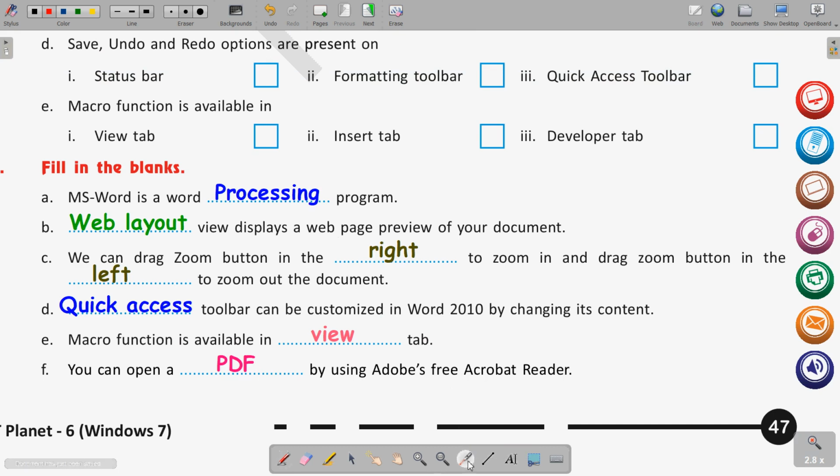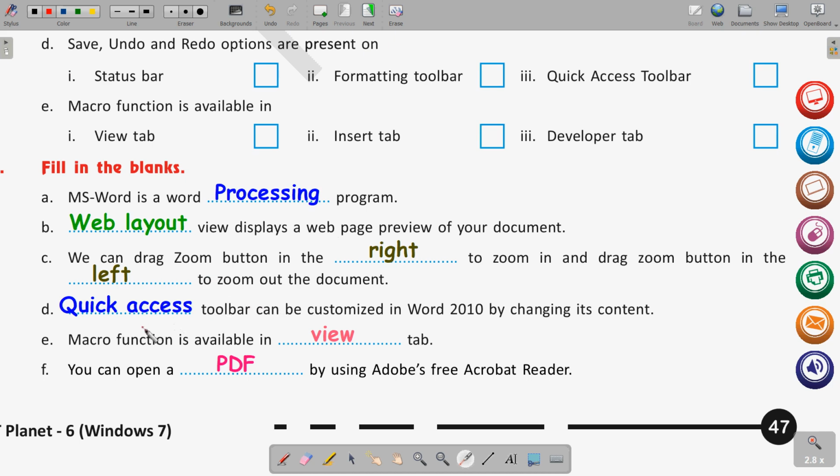The direction for zoom in is right. When you drag the zoom button to the right, it is zooming in, and when you drag the zoom button in the left, it is zooming out. Zoom in means enlarging the size, and zoom out means decreasing the size. Clear, so I hope this is clear. We have to mention the direction, so we can drag zoom button in the right direction to zoom in and drag the zoom button in the left direction to zoom out of the document. I hope this is clear.